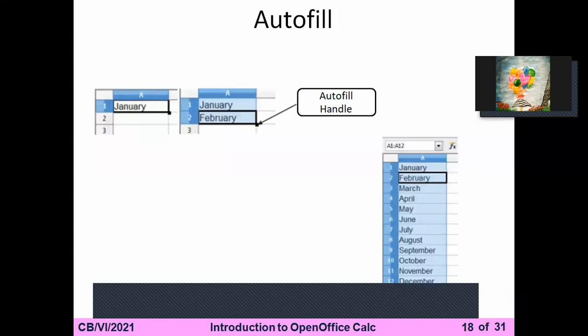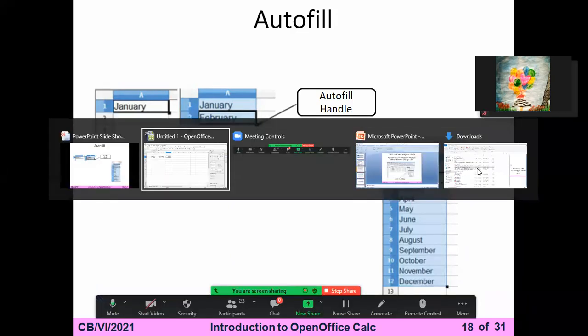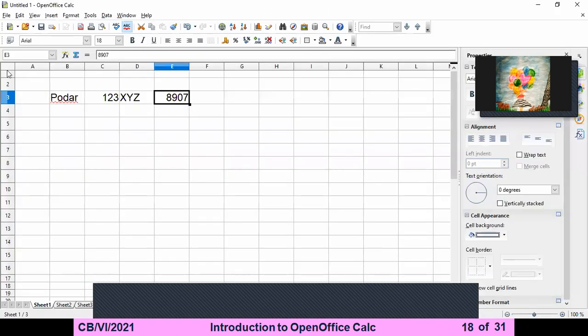Okay, what is the meaning of autofill? Whenever you are writing, for example, I'm taking over again. You can see here in the sequence, row name is there, 1, 2, 3, 4, etc. Column names are also given, A, B, C, D, etc. What is the benefit of CALC or any spreadsheet file?